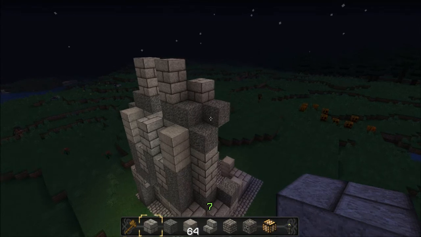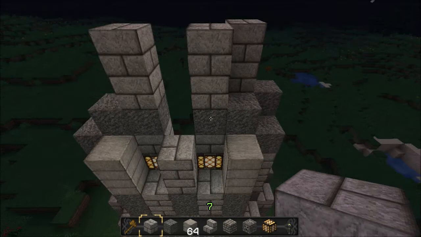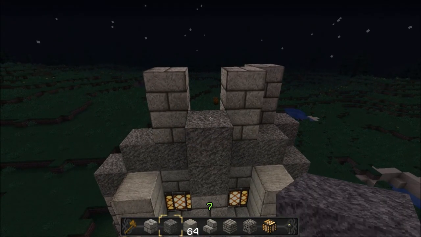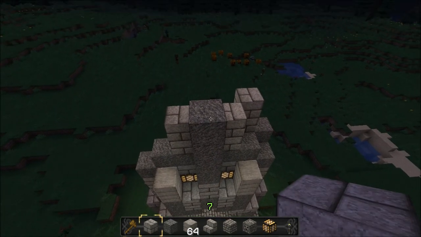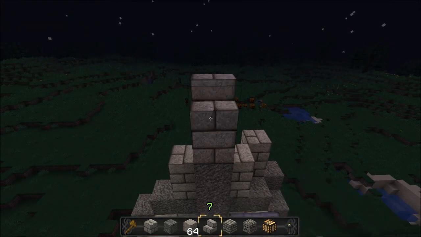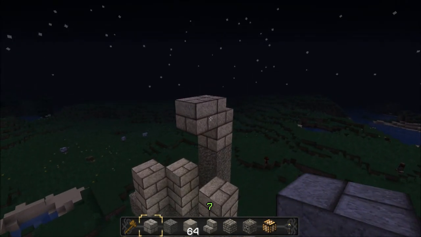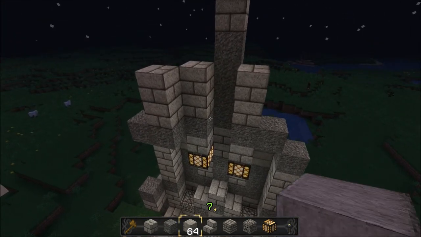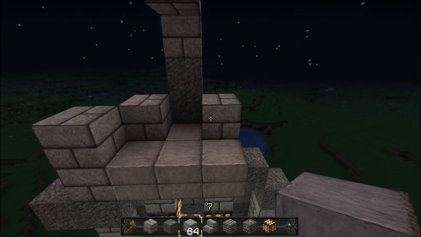So I think this is turning out okay. Let's see, that goes like so, and then this middle one goes all the way up, and then one above, and then we're gonna do this guy, and then here's where we put our stair, and then one more of these on the inside. And then your floor level is right here. So this is the floor